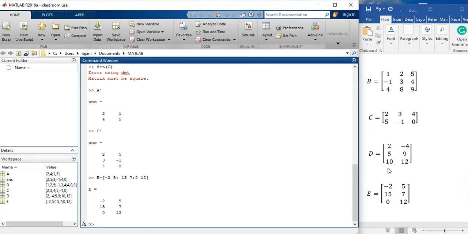So now we know that we can add the two matrices D and E. To add, simply D plus E. Finish. To subtract them, D minus E. Done. As simple as that. Now for multiplication,